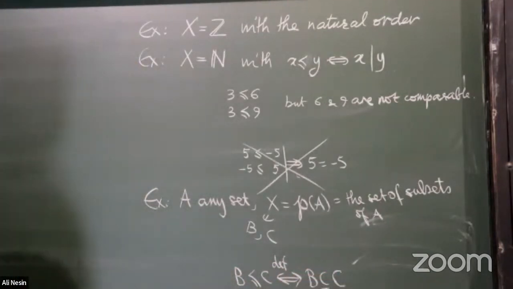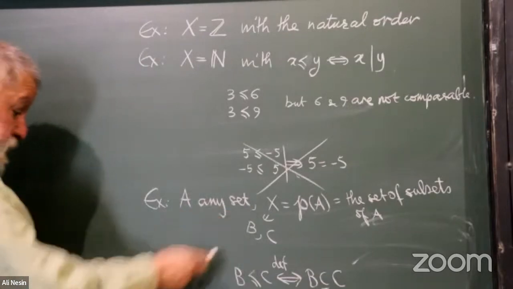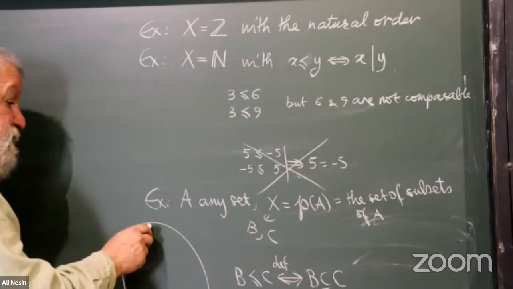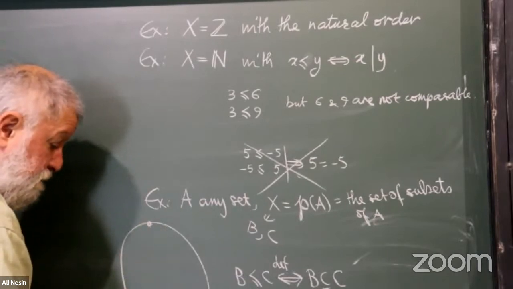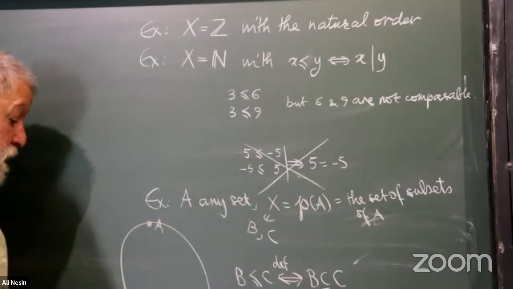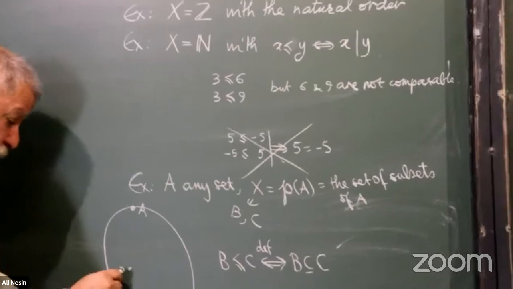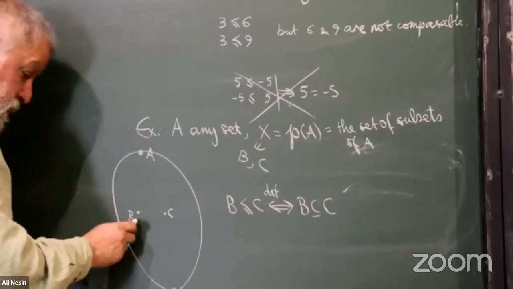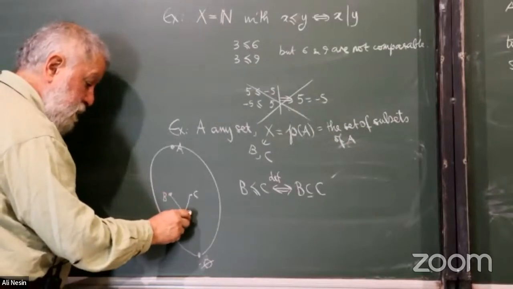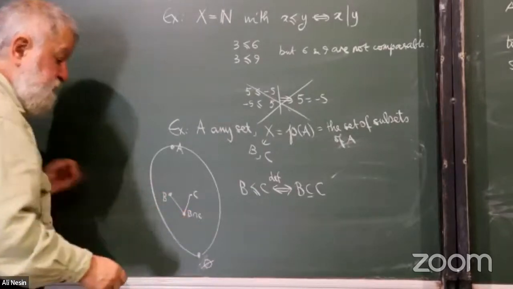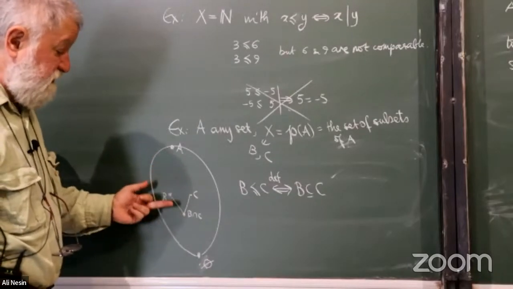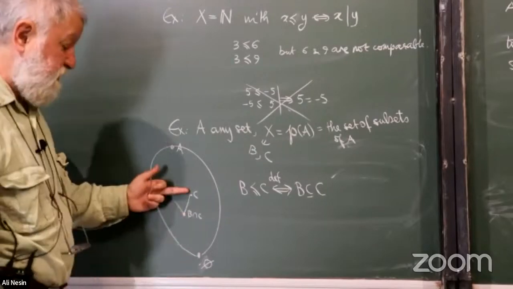Then this is also a partial order. The set X has the smallest element, the empty set, and the largest element A, the largest subset. And if B and C are here, there's a largest set which is less than B and less than C. B intersection C is less than B, of course, and less than C also. And of course, it is greater than any element which is less than B and less than C.